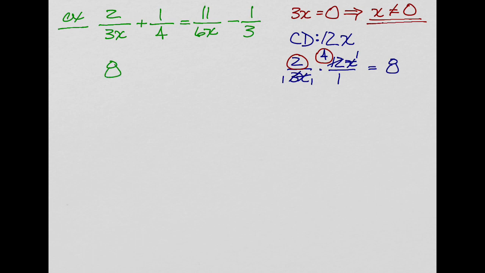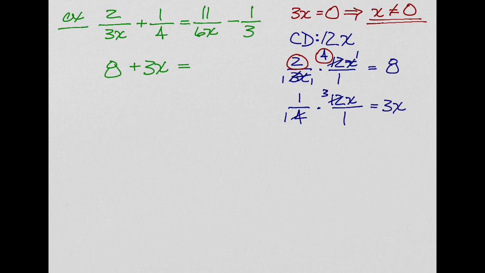Next, I'm just marching through one at a time here. So next term is 1/4. I'm going to multiply it by my common denominator, which is 12x. 12 divided by 4, we can do that one. 12 divided by 4 is 3. 4 divided by 4 is 1. 1's in the denominator, and I have 3 and the x still on the top. So there's the new improved version of my next term, plus 3x